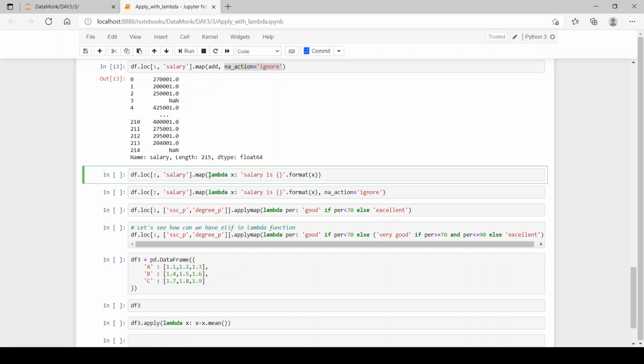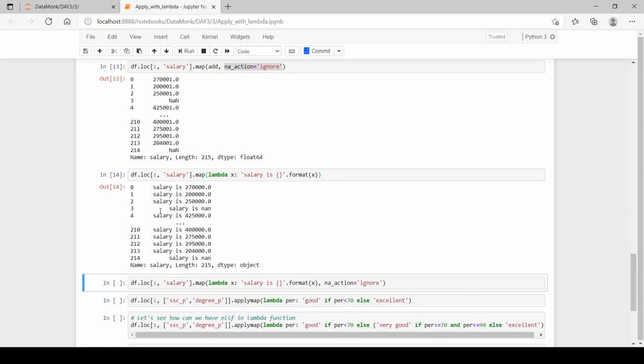Then here I have used the dot format method to print a string which is "salary is", and then we have the x value in it. So the x value will be each and every element of the salary column. So in salary column values, we have salary is 2,70,000, and as you can see here it is also giving NaN as salary is NaN.